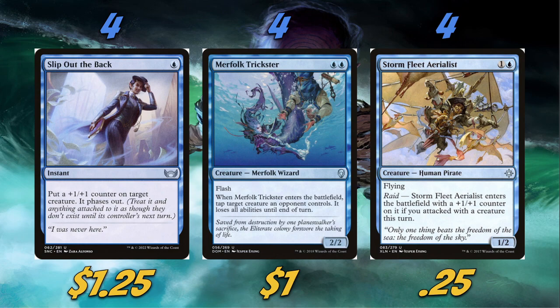Merfolk Trickster is a great card. Obviously, when it enters, tap a creature an opponent controls, and it loses all abilities until end of turn. Lots of really good things we can honestly do with this card. Any problematic creature the opponent's playing, obviously we can stop it before combat, or if it's a creature with